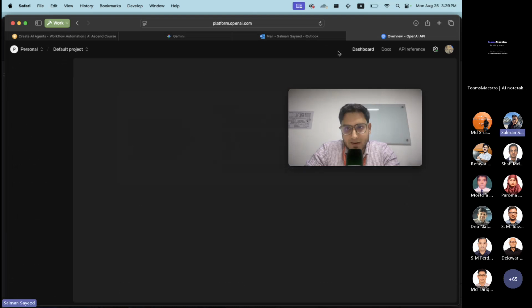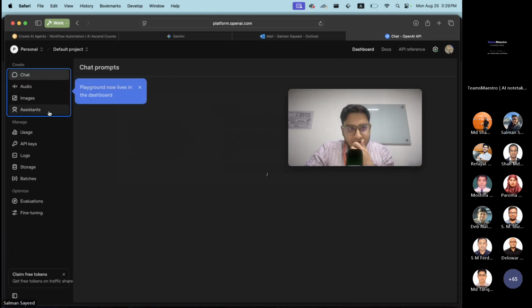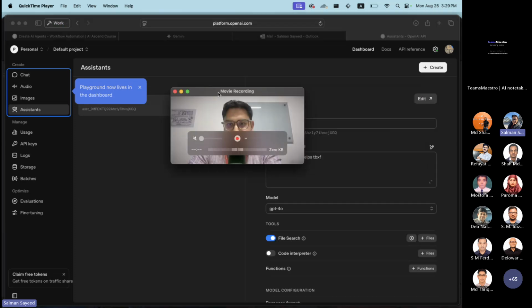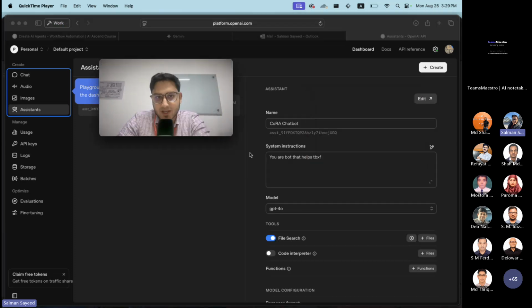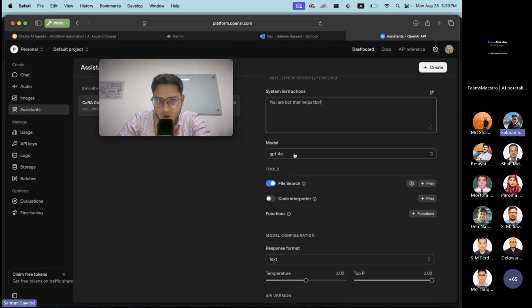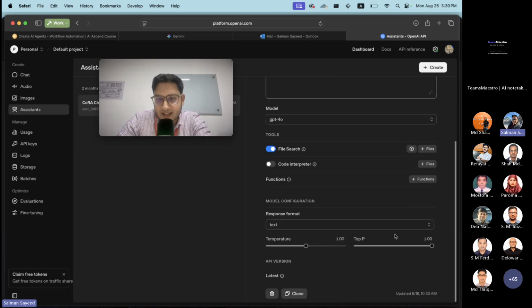And here I can see a playground. And here you have an option to create assistants. So it will have the same things that we have with Gems. It will have a name, a system instruction, which model we want, and a file search. If you notice, Gemini also had file upload capability, and the temperature and top P that I mentioned,